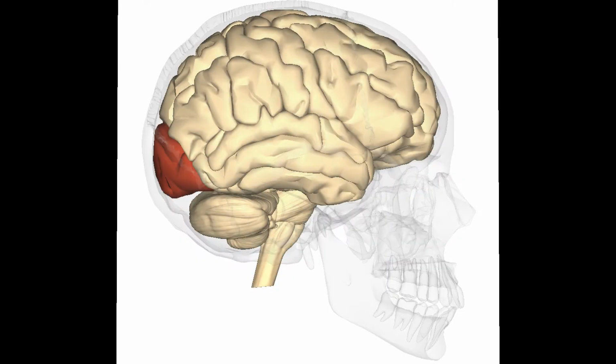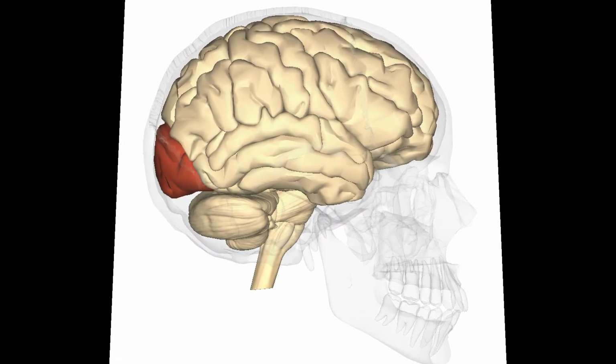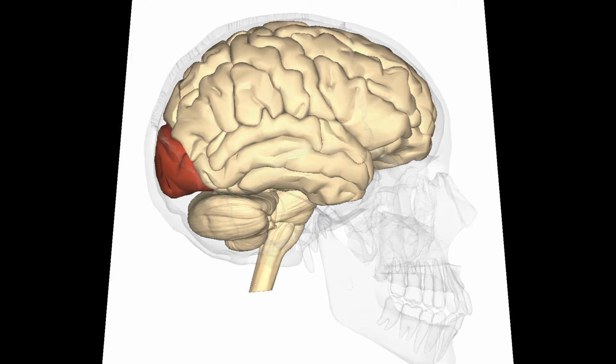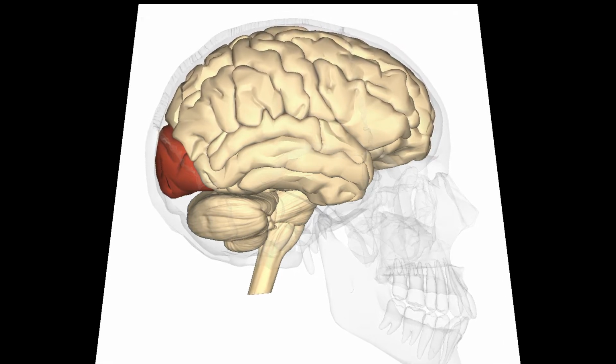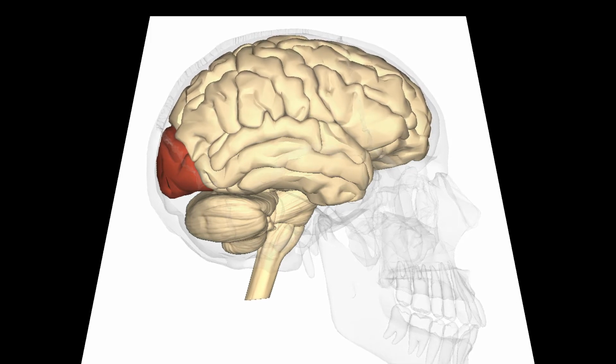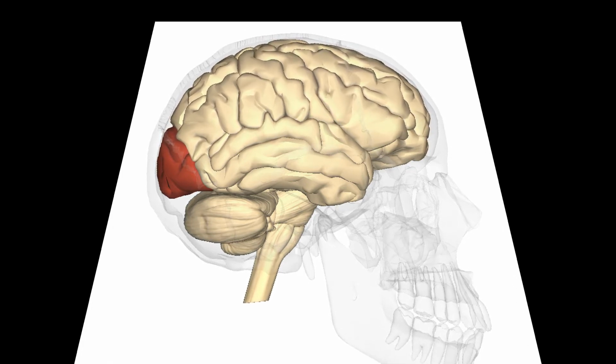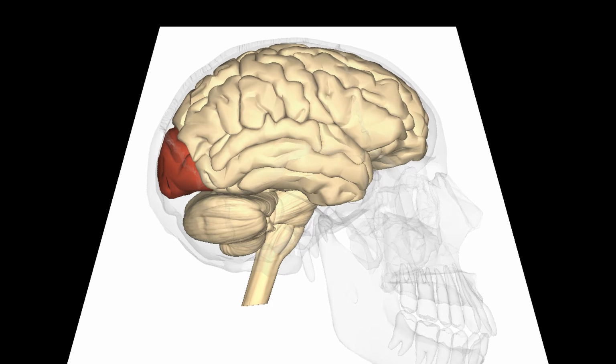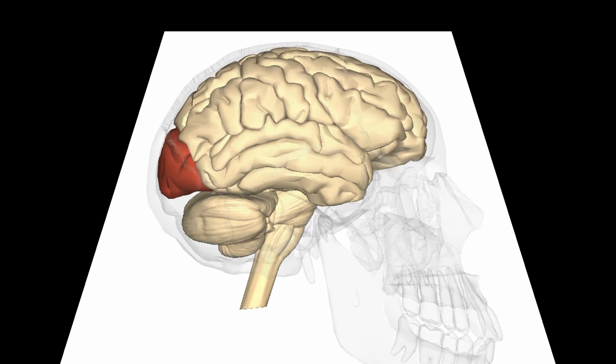The occipital lobe, placed in the back of the brain, is involved in visual processing. It is difficult to play soccer without visual inputs. Using the occipital lobe, I am able to see my teammates, the other team, and the ball, process this information, and utilize it to play the game.